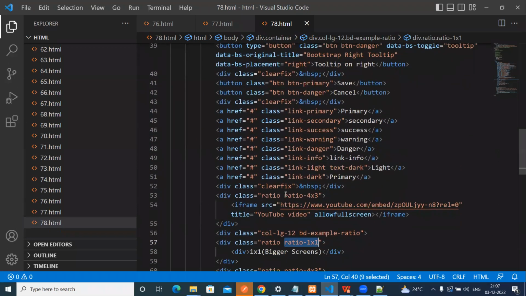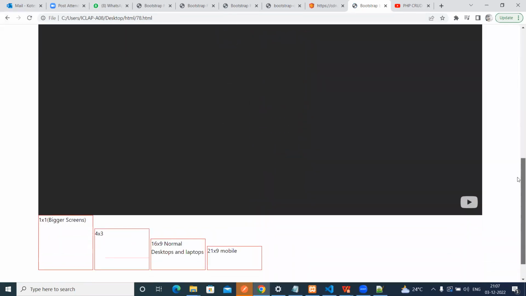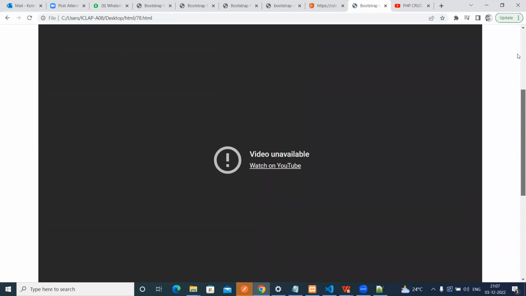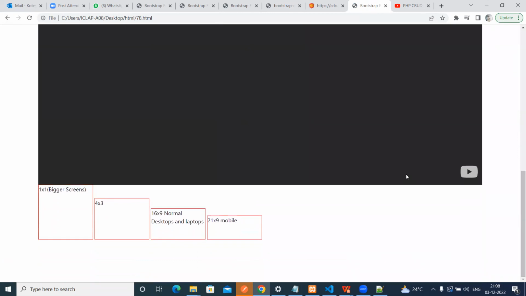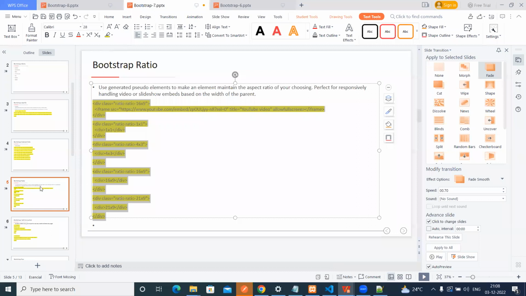1 by 1 means height and width both are equal. This way we can see. Okay, so these are the aspect ratios we are having in Bootstrap. Okay, so the next one is